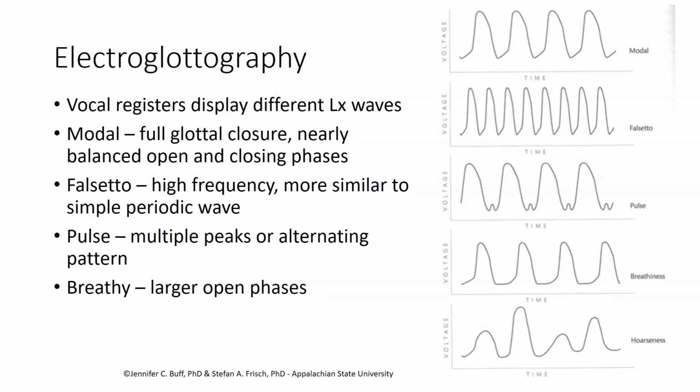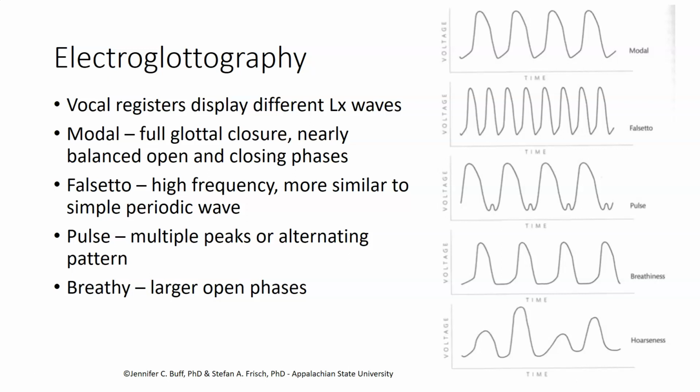In electroglottography, different registers of phonation are reflected in different phonation waves of the larynx. So in the upper right here, we have the kind of wave we've been looking at for modal phonation. In a falsetto voice, which is very high-pitched, you have a much more frequent cycling of the vocal folds. In a pulse voice, which has a lower and more irregular frequency, you may see multiple different peaks, or as in here, kind of a bimodal pattern where it goes from a kind of bigger regular looking wave to a